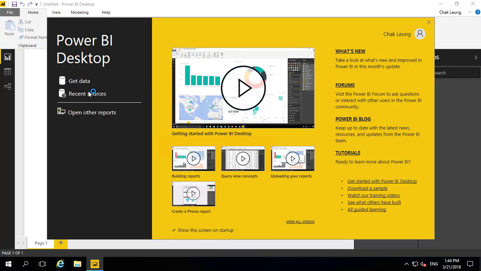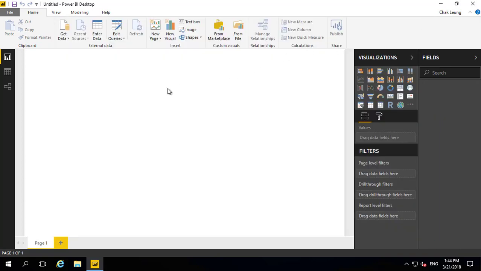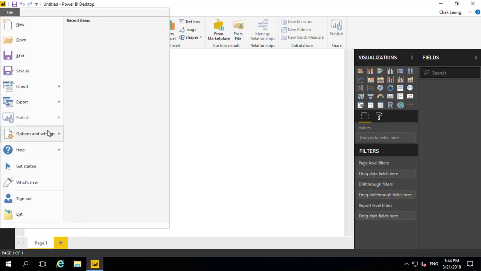We'll need to enable the Custom Connectors feature to see the Kognitio connector in the list. Start by closing the startup prompt. Then going to the File menu in the top left. Then Options and Settings, Options,